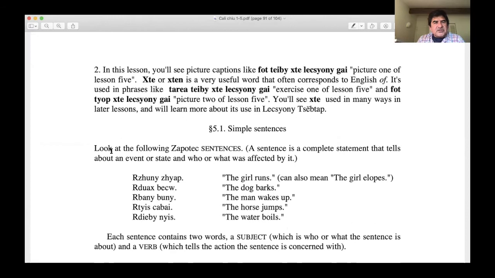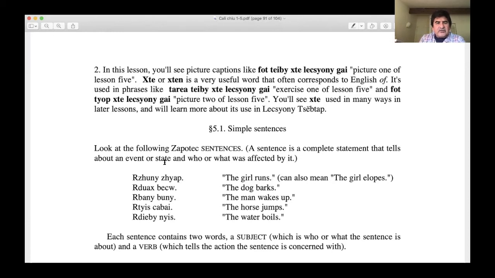So let's jump to the 5.1 simple sentences. Just take a quick look at the sentences down below. Okay. So remember that the sentence is a complete statement that tells you an event or states who or what was affected by it, right? So in other words, if you look at the right column, it says the girl runs in English,